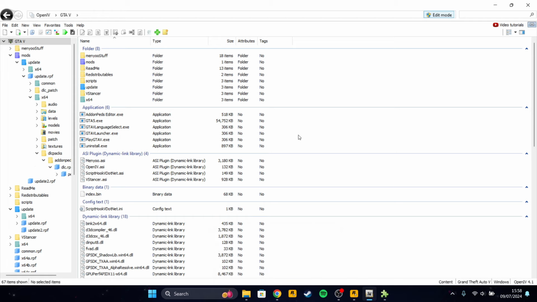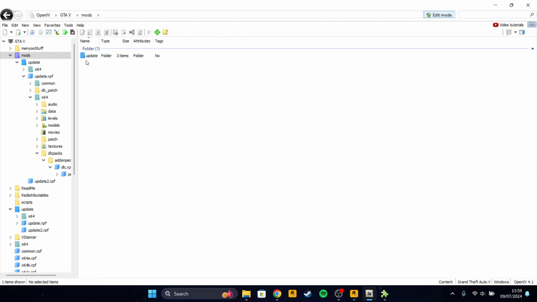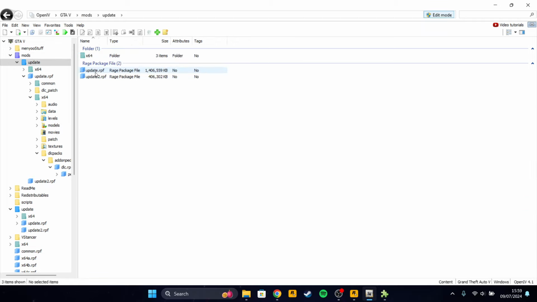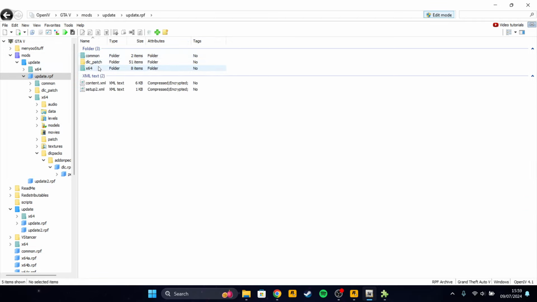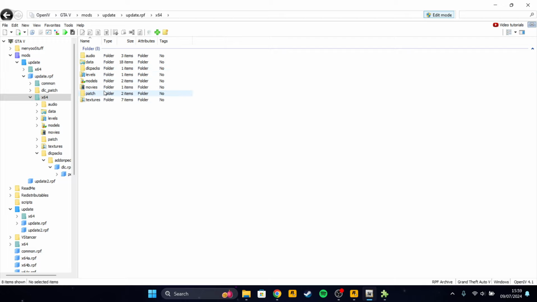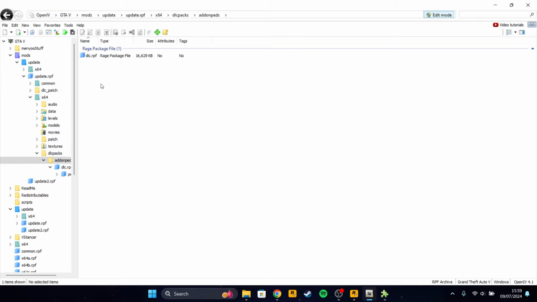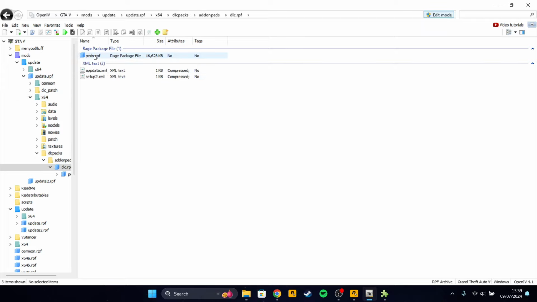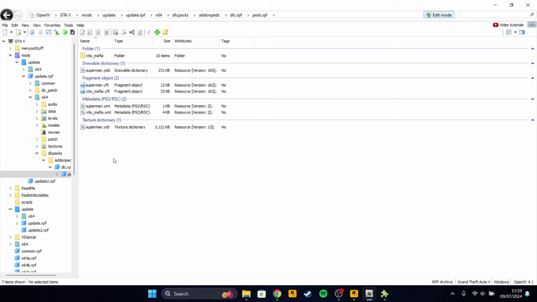So you want to head back into OpenIV, click on the mods folder, update.rpf, I believe it is x64, and then go back to the DLC packs folder that we made earlier. Click on that, click on add-on peds, dlc.rpf, and then peds.rpf, and this is where the default one